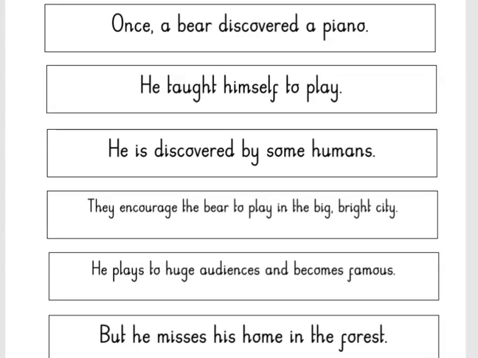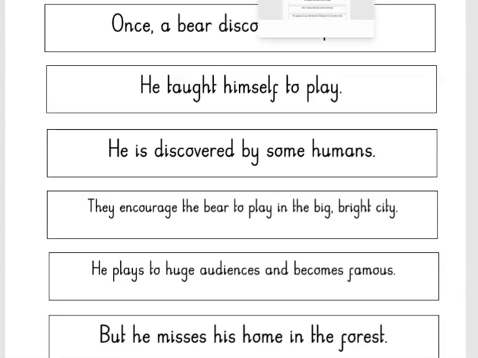So we're going to start by looking at this plan here, which is called a bare bones plan. It's called a bare bones plan because it just tells you the bare bones of the story, so the key things that happen in the story. This example can be found in our English folder for this week, session 2. Then we want you to think about your own story, of course.